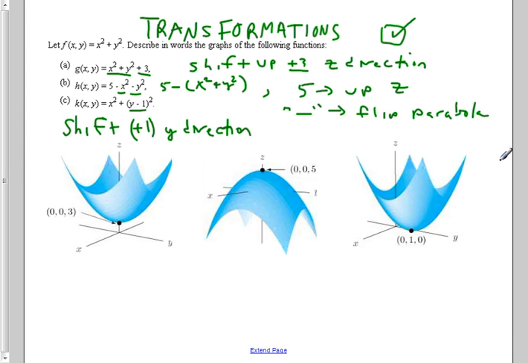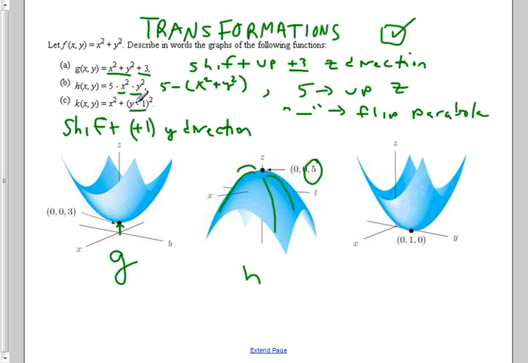So let's see what these graphs look like. Here's my G graph that's been shifted up 3. Notice that our vertex is now, instead of 0, 0, 0, at 0, 0, 3. It's gone up 3. Here's my H graph. The vertex is at 5 because of that plus 5, and it's going down now, parabolically shaped down because of the negative. And lastly, we've got this